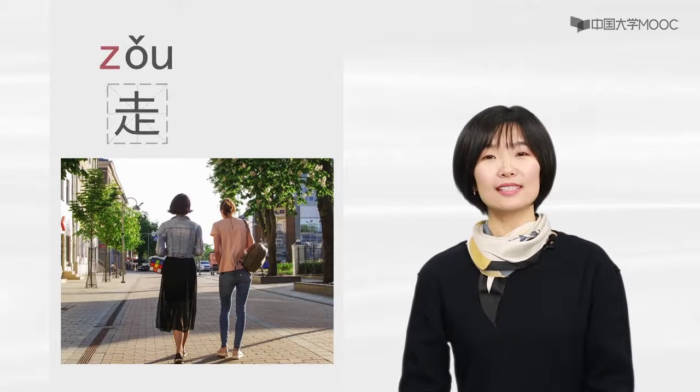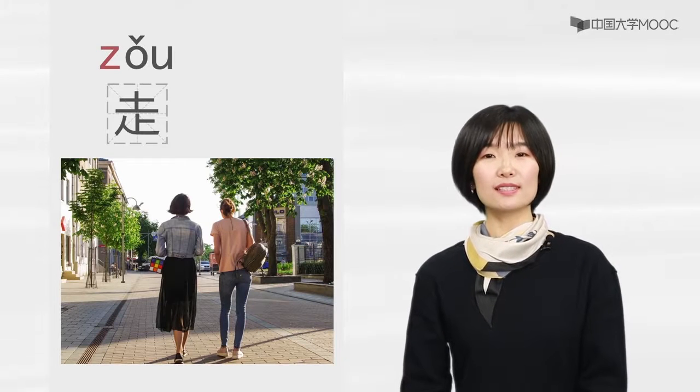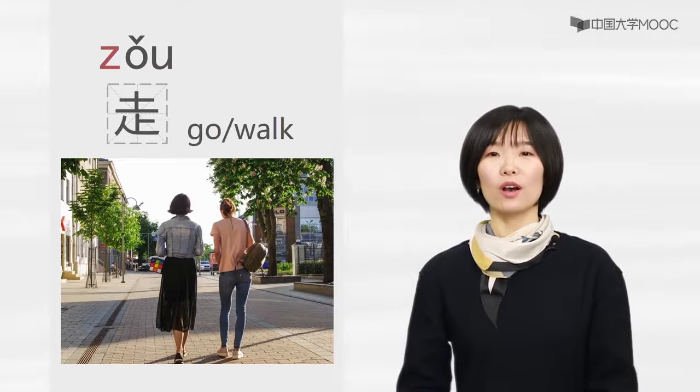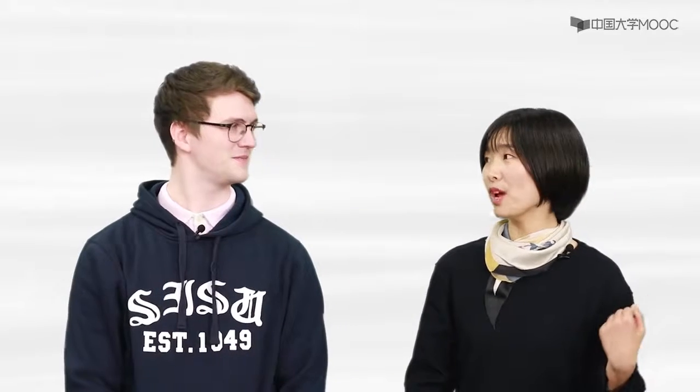z. Your tongue tip should initially touch the inside of your upper teeth. z, z. It kind of sounds like when you get electrocuted by something. Yes, z. For example, 走, z-o. 走 means to go or to walk. I have an umbrella. You can go with me. 好，我们走。